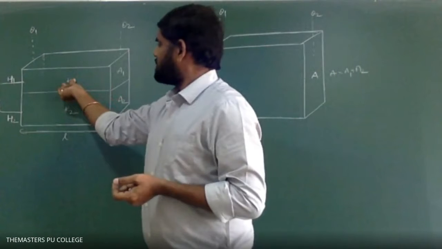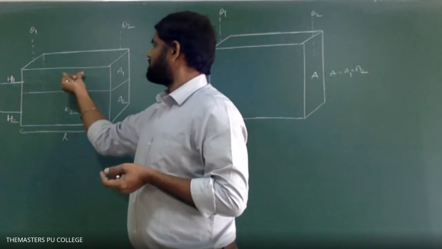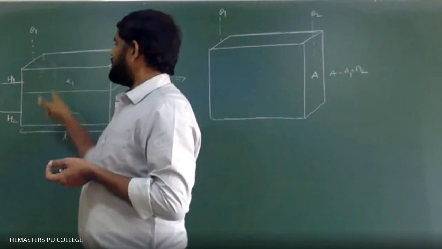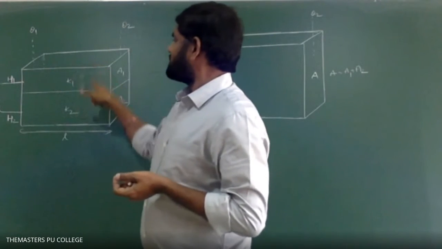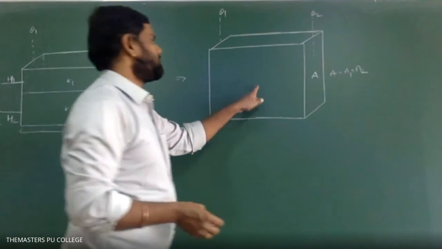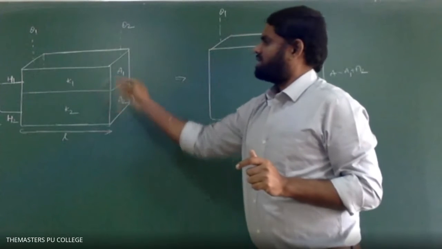Here, because of different thermal conductivity, the rate of heat flow will be different. Let H1 be the heat flow through the first slab and H2 the heat flow through the second slab. What is the combined heat flow of these two? These two conductors together will allow H amount of heat flow per second. So the net flow of heat H equals heat flow from the first conductor plus heat flow from the second conductor, that is H equals H1 plus H2. This is an equivalent of these two, meaning these two slabs together conduct H amount of heat per second.